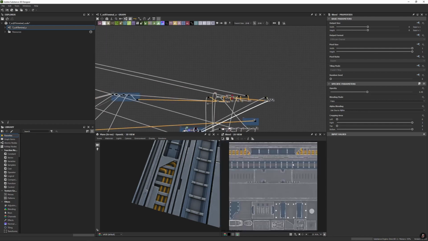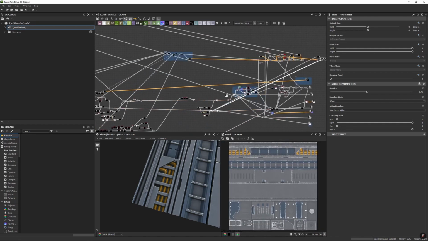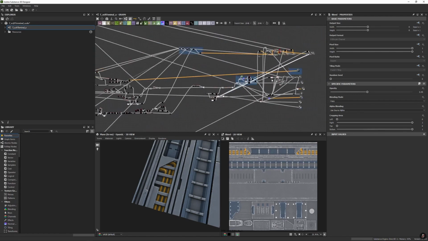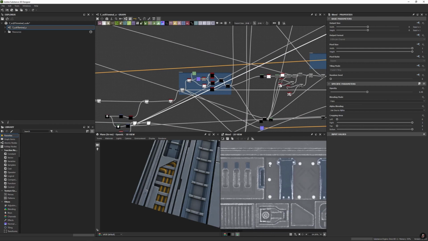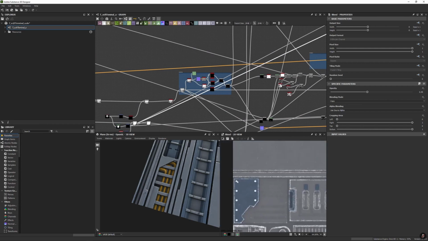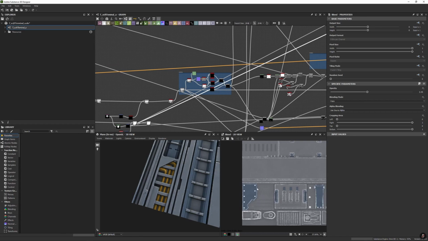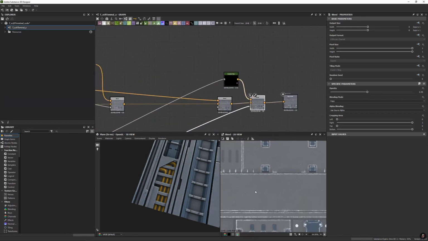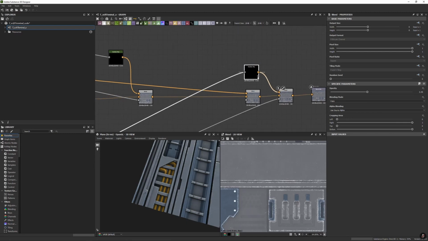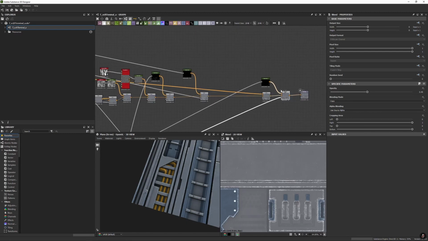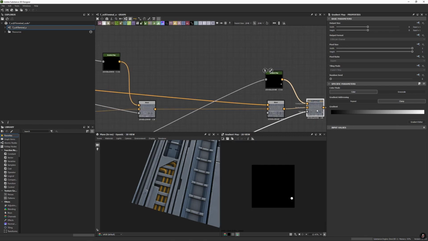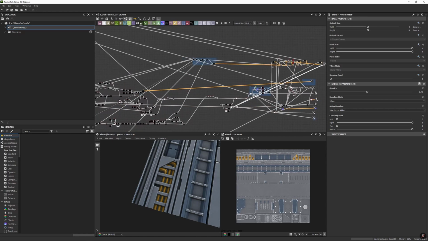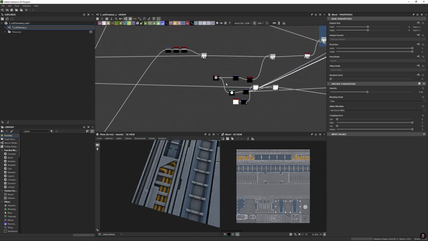And then for these Greebles down here, I made a metallic mask with all of the metal screws, I guess. I used that mask, copied it, and added them in there. So another example is